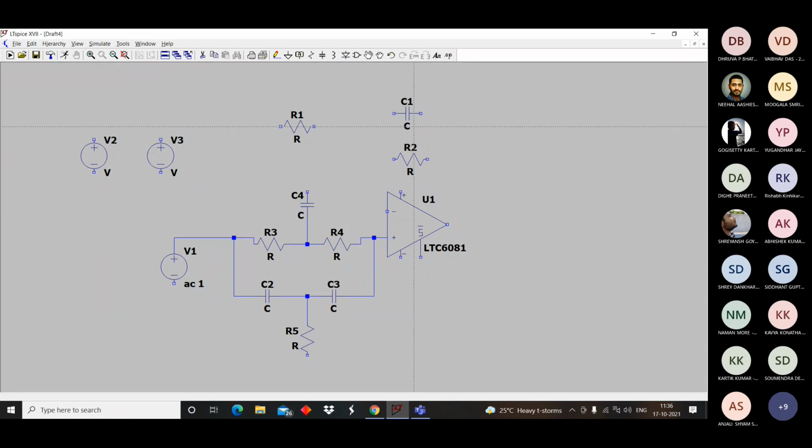Now this network will go to the inverting terminal of the op amp. And this is the point where we'll be taking the output.